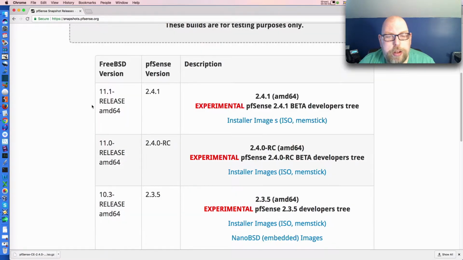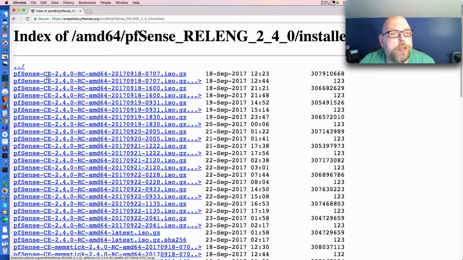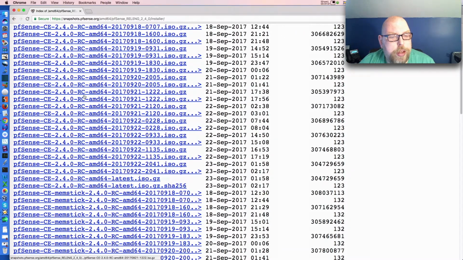and we'd come down here. And the one that we want to download is 2.4.0 release candidate. We'd go to installer images, and then we would choose, scroll down. The one I grabbed was actually 2017-09-22, 2041. I've already downloaded this, so I'm going to minimize Chrome and get rid of the camera, and we will